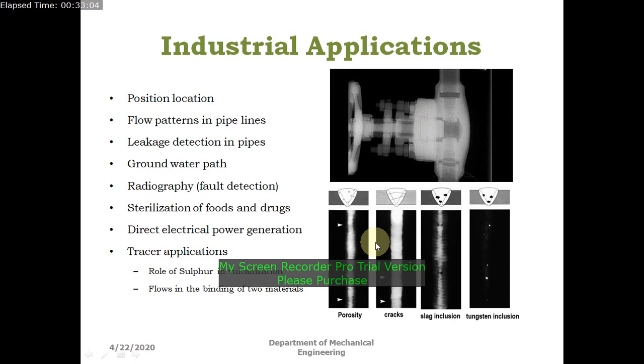Even it is used for mechanical testing also. For example, here we can see some weld beds, and when they are tested using the radiography method, we can see different types of welding defects. Here we can see on the weld bed there are two cracks which are produced, 1 and 2, and even we can see small holes which are produced on the weld bed. That means porosity is generated.